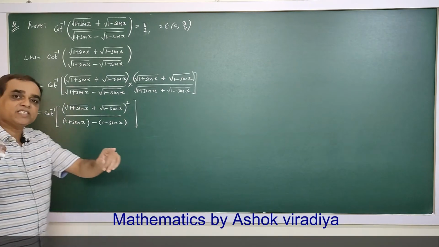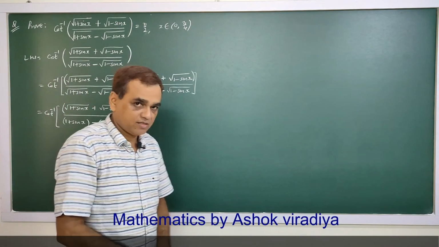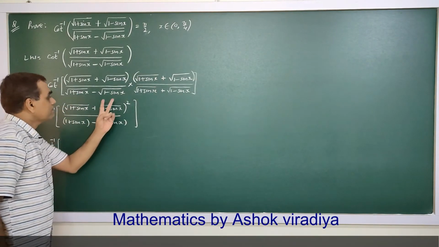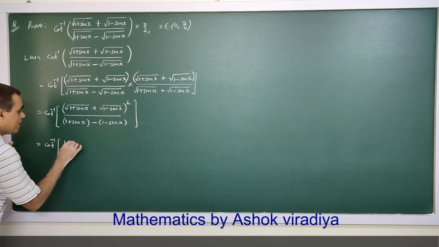So the radical sign is removed from the denominator. That is cot inverse. Now expanding the numerator, a plus b whole square, so it is a square